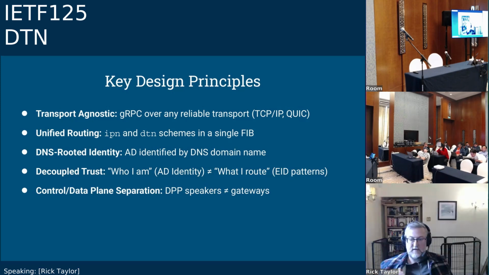For now, I'm trying to solve the easy problem, which is big orchestration systems sat on the Earth are allowed to talk to each other about transit gateways that are off Earth. So we can use gRPC, which is great, which means we can be transport agnostic and we can just get the code running nice and easily. But in order to do this, we need to unify the IPN and the DTN schemes into a single way of doing prefix